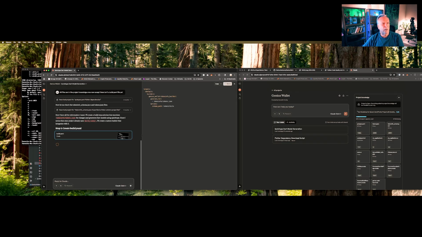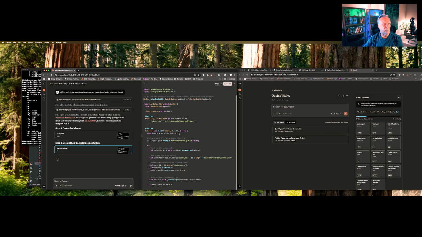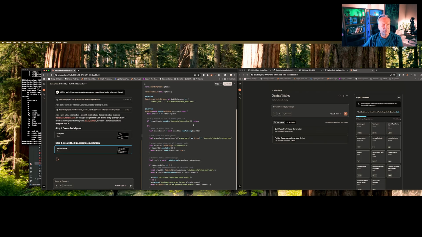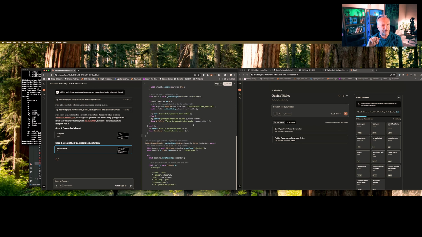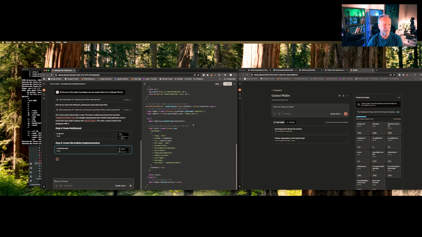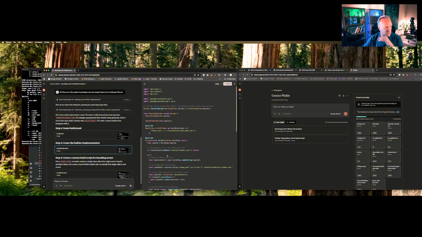All right, and so you got to kind of watch this sometimes too, because it'll just draft the whole thing for you when there's a simple change, and the instructions say that it should not generate a whole file unless absolutely necessary. I like it to do the step-by-step and just give me a couple things, because if you don't, like I said, it'll just generate a bunch of things. And I mean, here's one thing, builder.dart. Do we really need all of this? So I'm going to stop it and